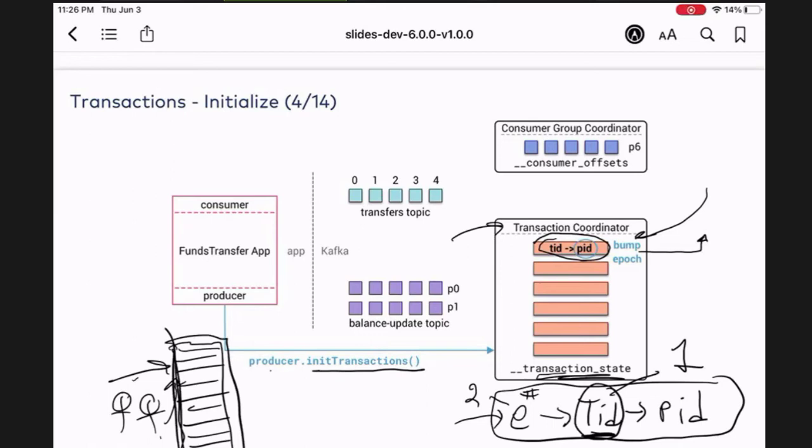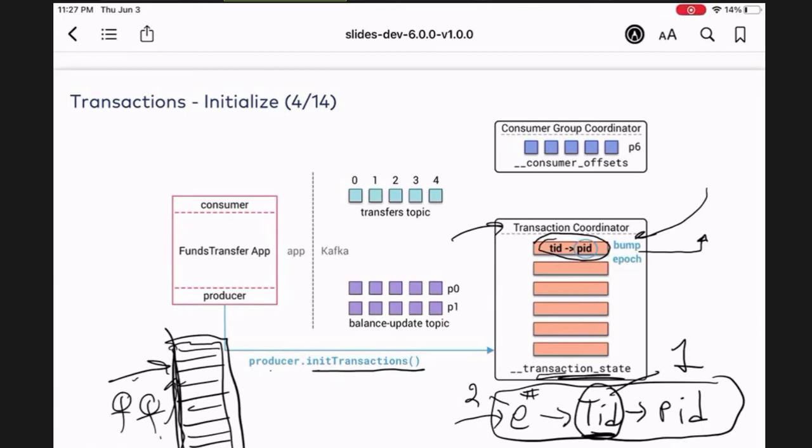And so in that case, you have an older epoch and you're considered a zombie, like a producer that's died and is trying to come back to life and produce data as part of this transaction. You say, no, I'm going to fence it off from all future transaction writes. So if those producers try to produce, they will be rejected. So the whole point here is that when you're doing exactly-once semantics, because you create a transactional ID, your transactional ID will be tied to your producer ID, and you have this unique metadata called the epoch.